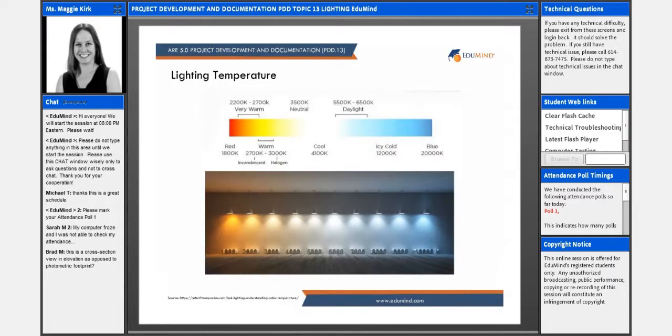And so this is, I think, a really great indicator of that, showing those lighting temperatures and how they can affect the space, again, profoundly. And so, if we look at this scale,